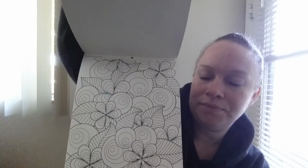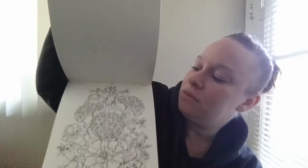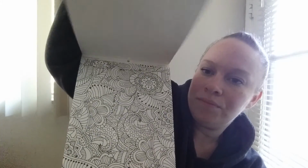There's this one. Oh, that one. Let me turn it sideways. So that one actually goes like this. Let me see. I think there's another one that's sideways too. So those are really nice, and they have a perforated edge on the top where you can rip it out